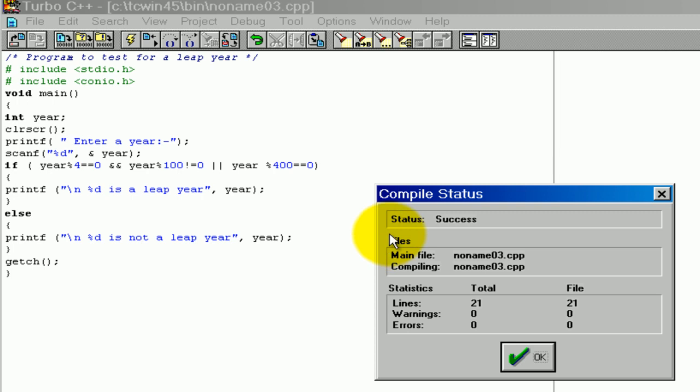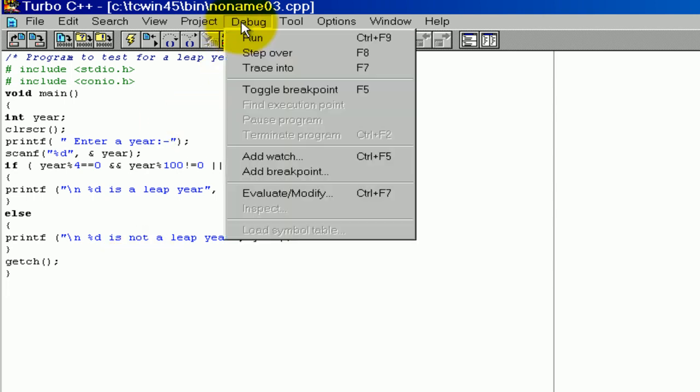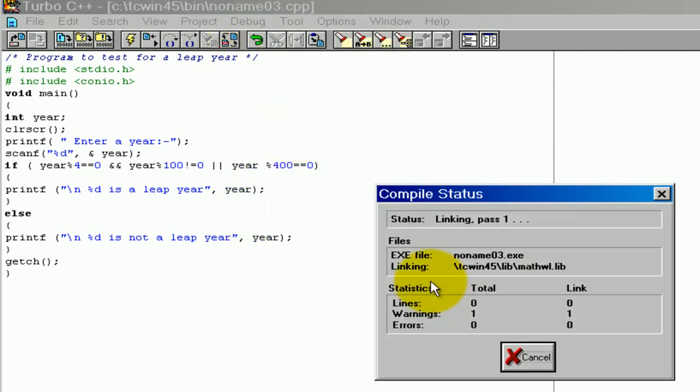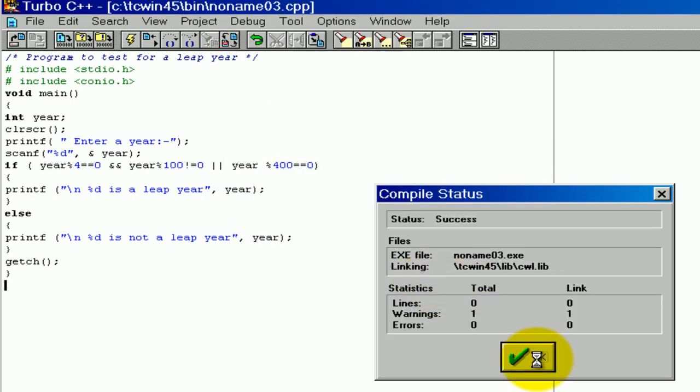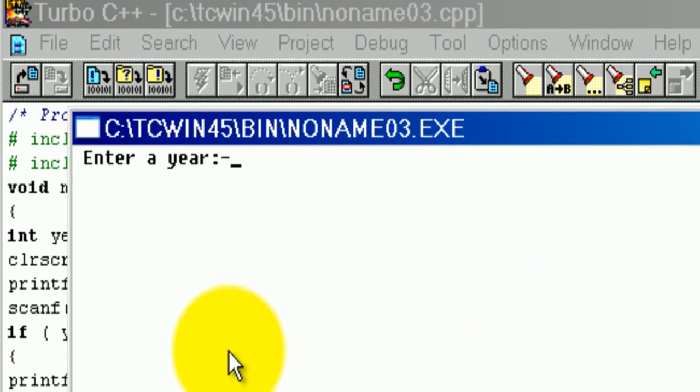Compile status success, error 0. There is no error. Okay. If any error, we again correct our program. Now click on debug, click on run. Okay, status success.